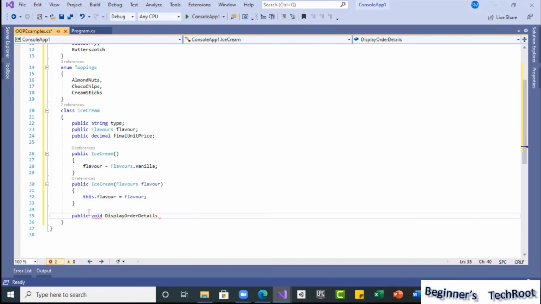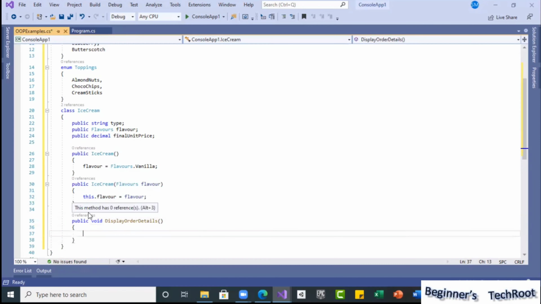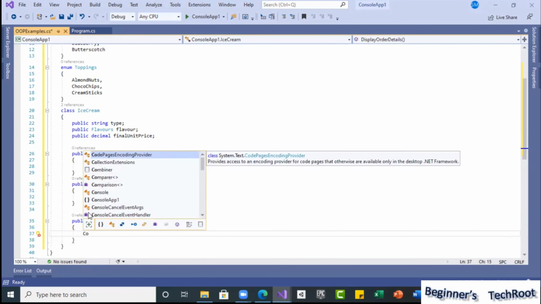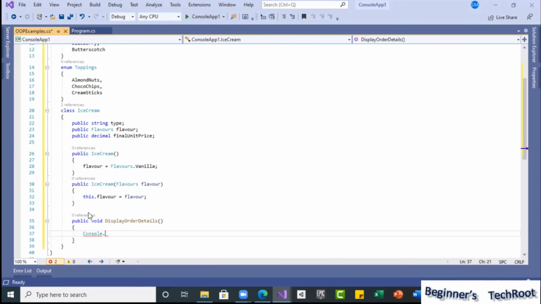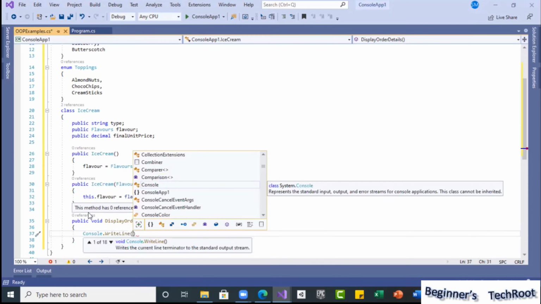One method I can define without parameters and without return type. Here I can write Console dot WriteLine to display on the screen. I will use it with the dollar sign.